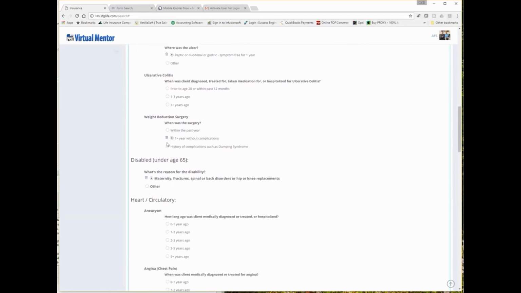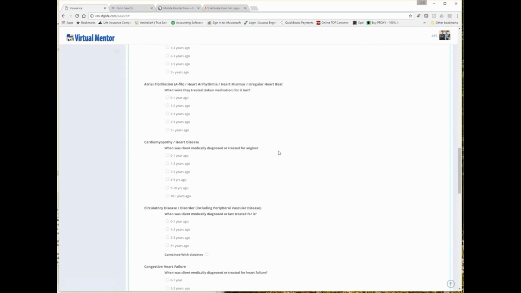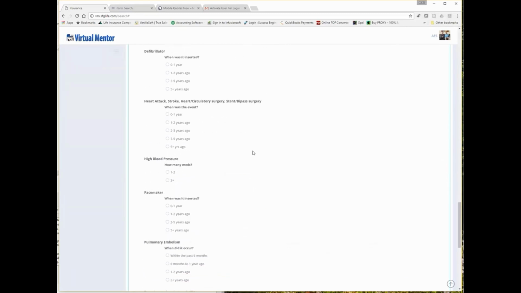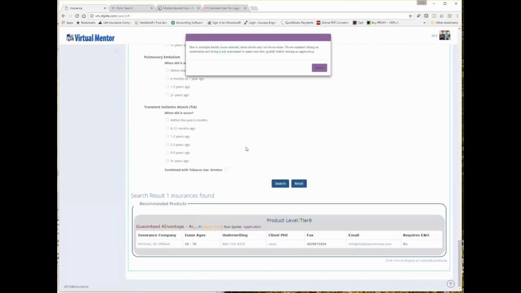So some of these by themselves wouldn't disqualify anybody, but if they've got a ton of issues, then, let's say blood pressure, if you have multiple, it's going to come up with... It will still display options. In this case, they wouldn't qualify for anything other than accidental death, but in some cases they might still have some products that come up, but it does let you know,